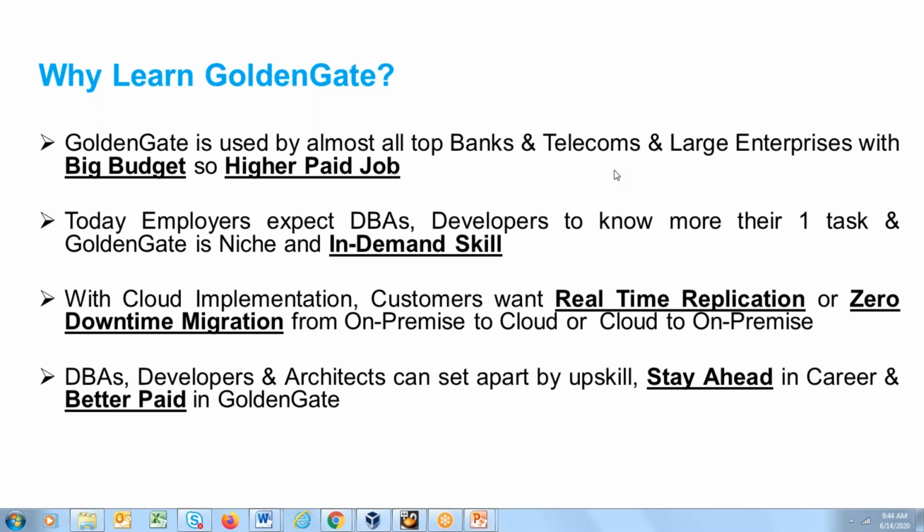Apart from that, if they buy it separately, Golden Gate is a costlier tool. So when they sign the end user license agreement, and Golden Gate is not only used for replication purposes, it is one of the best tools for business intelligence, for zero downtime upgradation and migration, like cloud migration, which is going on. So Golden Gate is widely used. For that purpose, organizations are using Oracle Golden Gate, because apart from a replication solution, it serves a lot of other purposes.